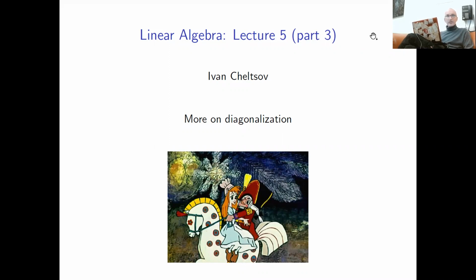After this, we generalize diagonalization for complex matrices, because we actually need complex matrices for next week. We need one result about complex matrices, which we're going to prove in this part today and use next week to prove one result about real symmetric matrices. So we have to consider complex matrices now.